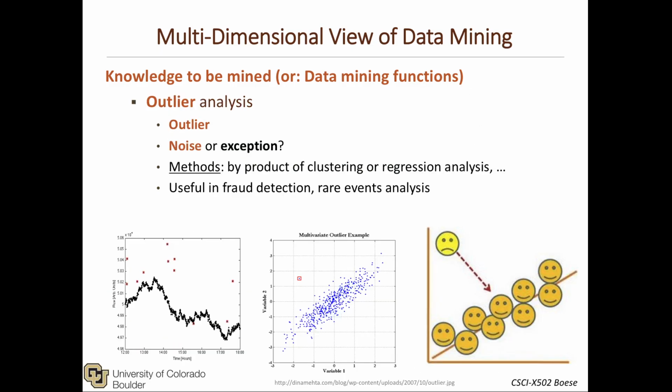Outlier analysis, this is where a data object does not comply with the general behavior of the rest of the data, and so it's considered to be an outlier. Now, sometimes outliers are annoying because they're noise or errors, and it's more of an exception, and we want to get rid of it because it's skewing our data,